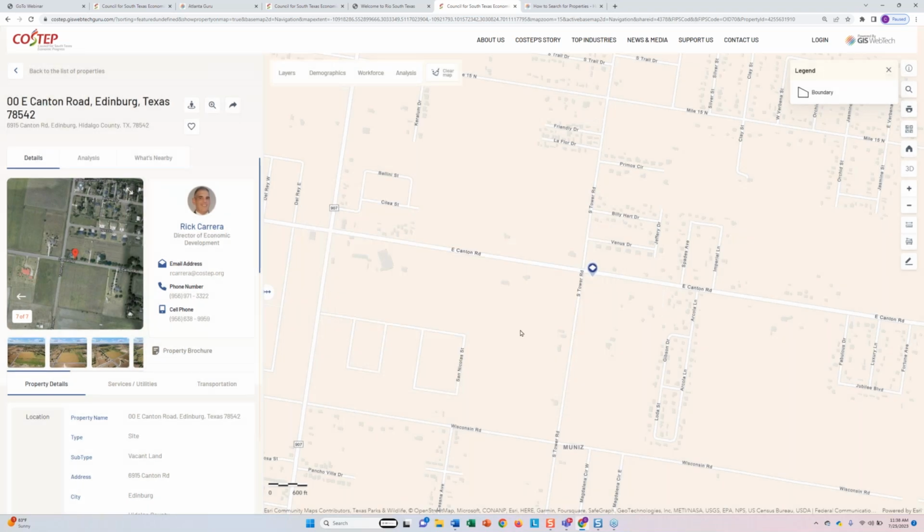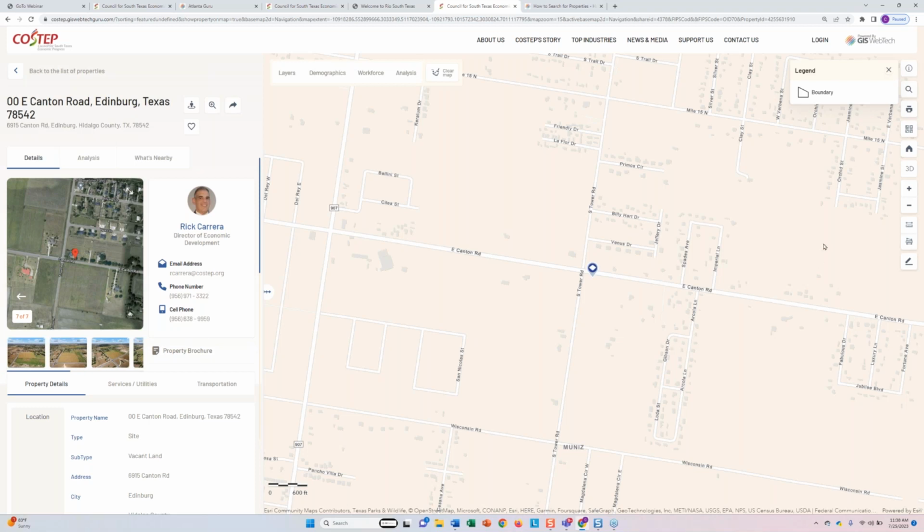Another thing that I want to mention is this share link is deep linked. So what I mean by that is it allows you to share whatever the view in Guru is. And Guru allows you to develop highly configured views for sharing. So let's say you want to share this property, but you want to share it with a satellite imagery background. Guru actually provides 13 different